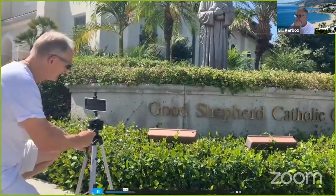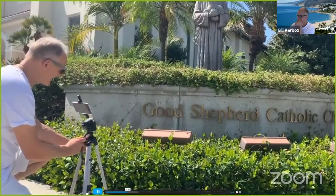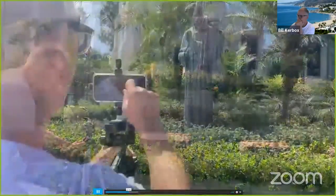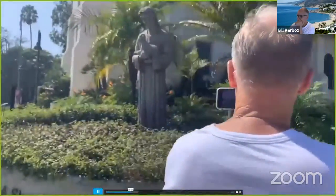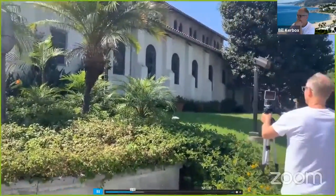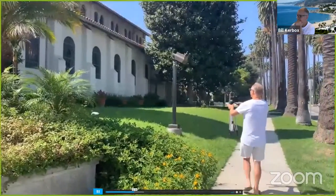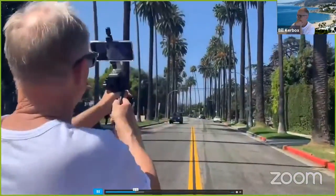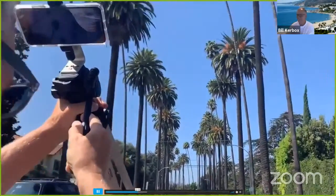Here we're looking from a tripod in Beverly Hills. We're shooting, sliding up, trying to get an interesting shot. And here we're checking it and doing different types of angles. I always like to look at a subject, maybe an image or something interesting, and try and get it from different angles. Here I am in the middle of the street, and I don't recommend this, but we're shooting B-roll,